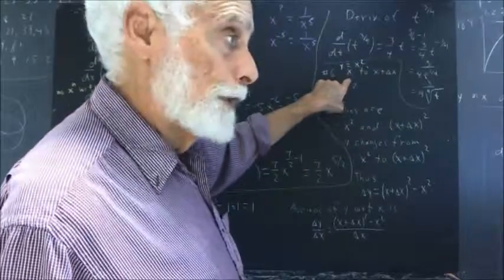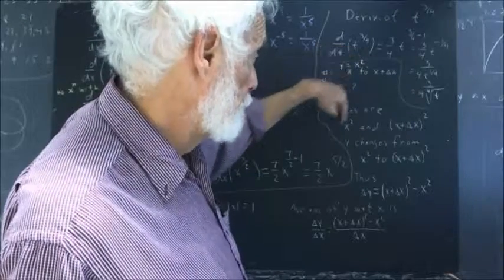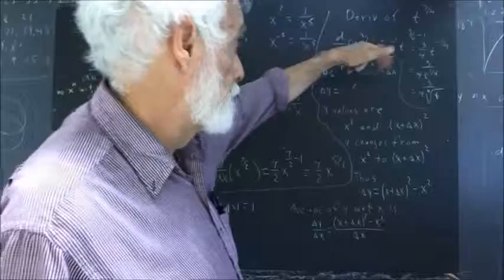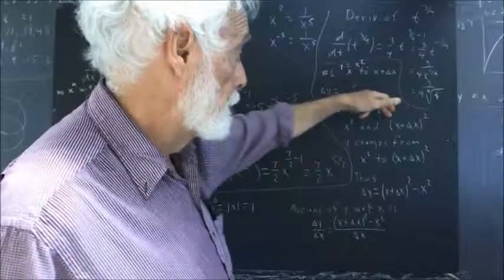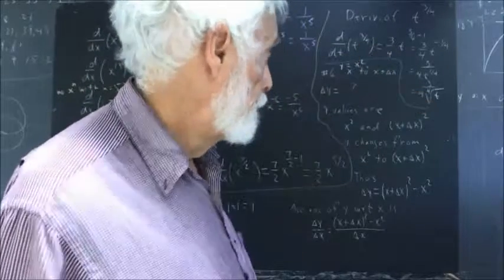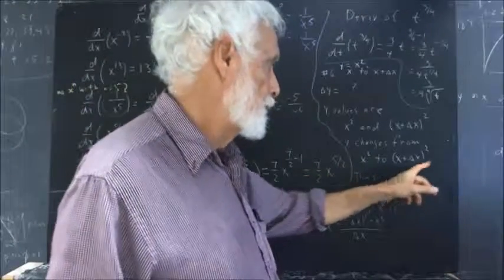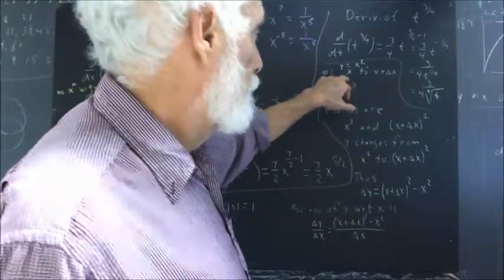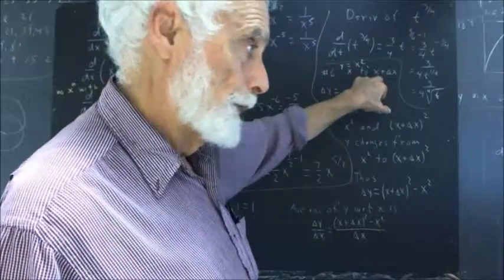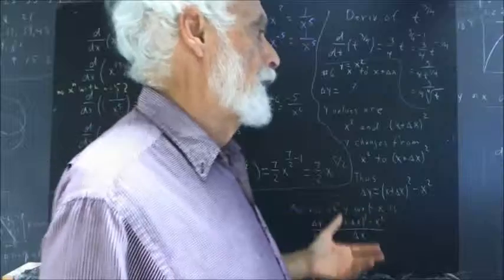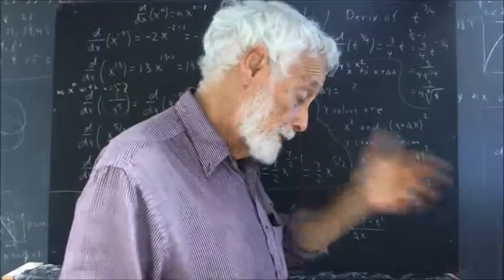Well, if we have x, then we have y equals x squared. Okay, that's one y value. If we have x plus delta x, then the value is going to be x plus delta x, quantity squared. So y changes from x squared to x plus delta x squared as x changes from x to x plus delta x. So the delta y, the change in y, and we mentioned, okay, I said in class, I think,